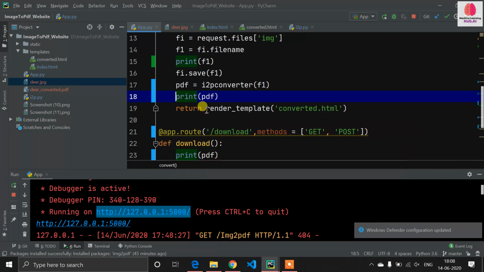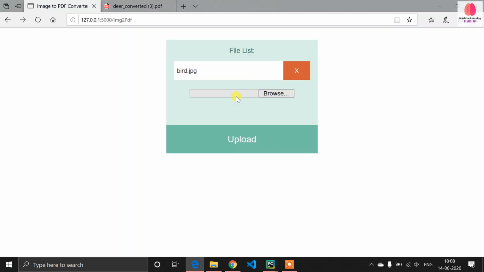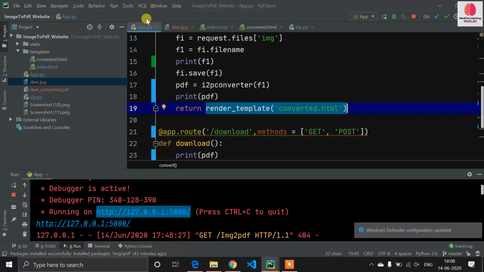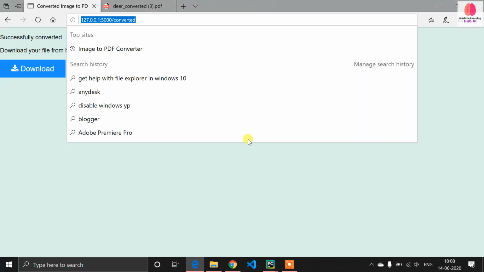And now I just wrote render_template converted.html. When I click on bird.jpg and click upload, you can see our path is converted. Now you can see the bird converted PDF is already generated here. So that's how it can generate the PDF from the image.